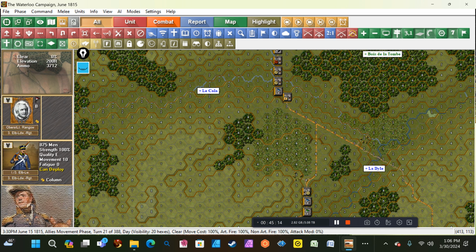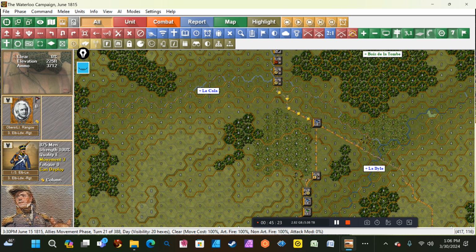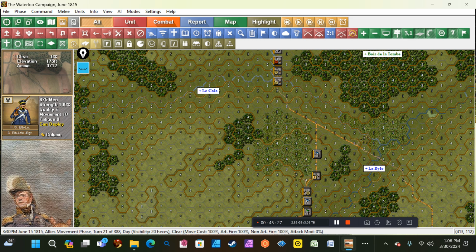Second corps is pretty big. Oh, great. E-morale. Must be that Landwehr. They mobilized a lot of those guys for this army. They're pretty shitty. Look, all these guys are E. They'll run at the drop of a hat. But they're 875 men. So